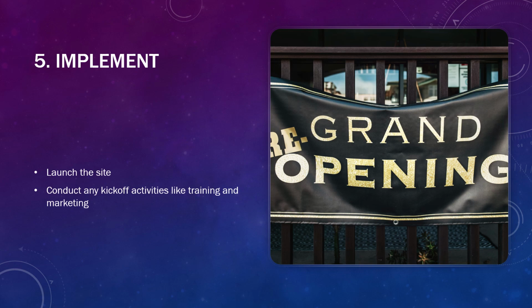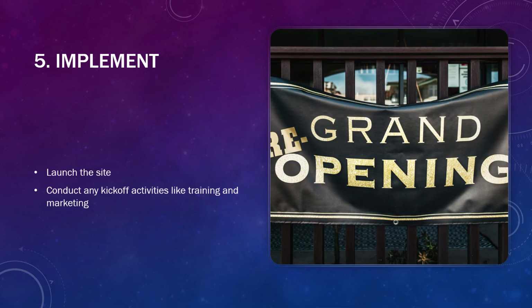Even getting feedback from your users, which we're going to see in the next step, is also really important. So implementation is that launch, when the system goes online, starts being used, and then you're also preparing